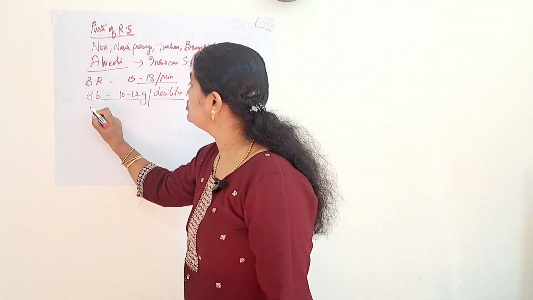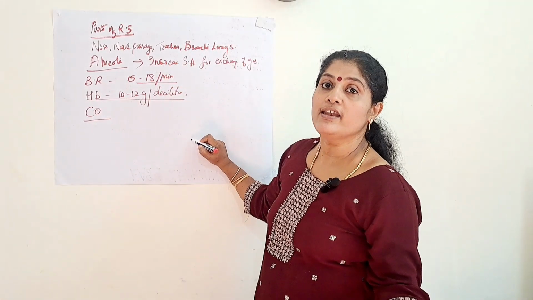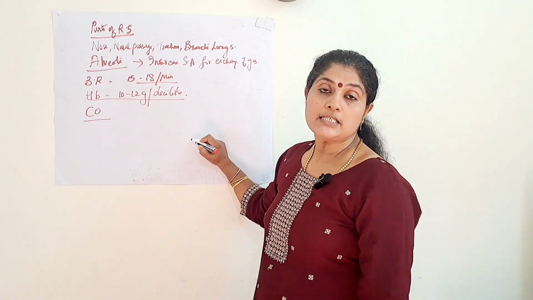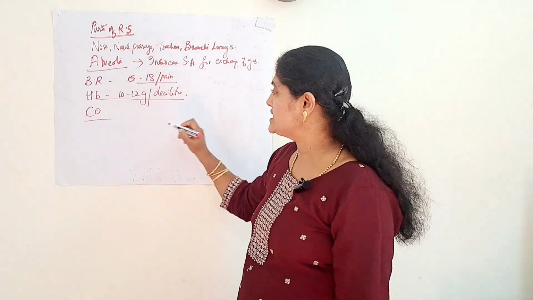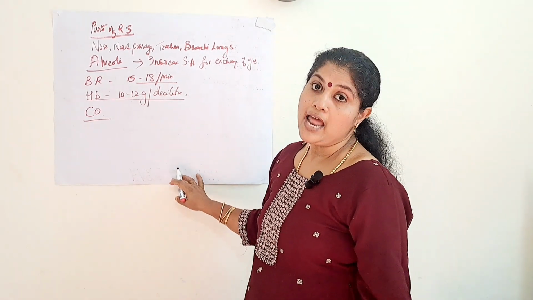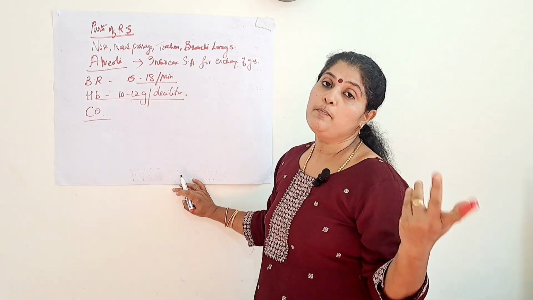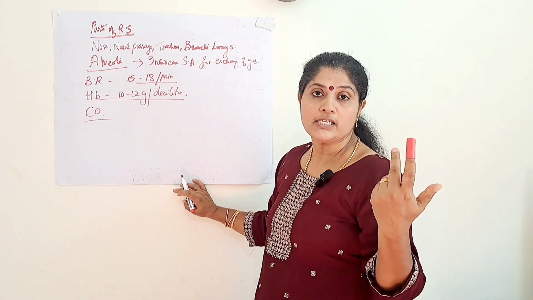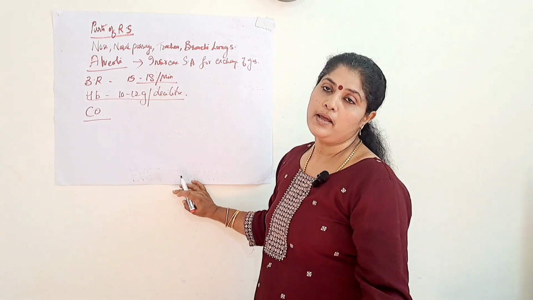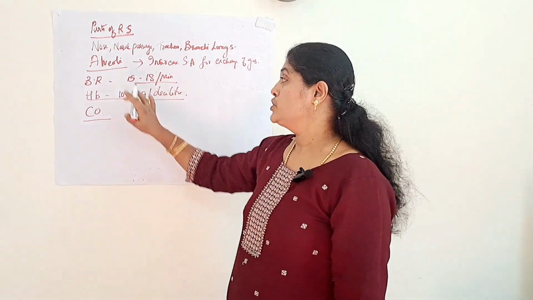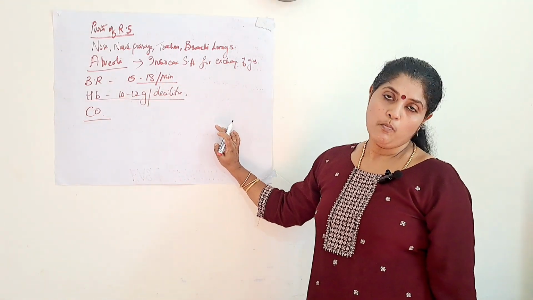Another topic you have to concentrate on is carbon monoxide poisoning. For example, when coal is burned without a sufficient supply of oxygen, then instead of releasing carbon dioxide, it will release the poisonous gas known as carbon monoxide. If this takes place in a closed room and a person is lying down there, it may result in inhalation of that poisonous gas, which may cause unconsciousness or even the death of that person. So these are the areas you have to cover and concentrate on for the board exam.